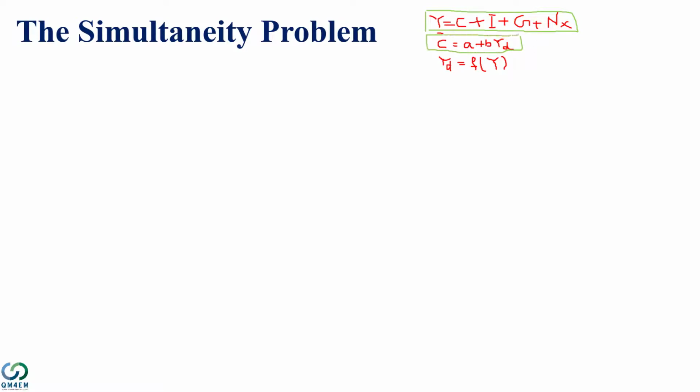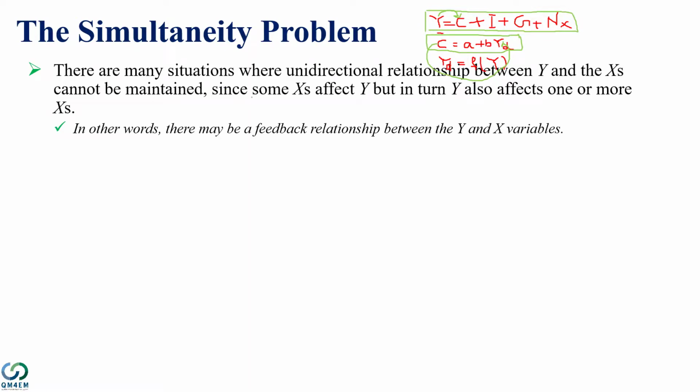However, in the real world we may have a situation where this relationship may be two-way, that y is dependent on c and then c in return is dependent on y. So it's a two-way movement. There are many situations where a unidirectional relationship between y and x cannot be maintained, since some x affect y, but in turn y also affects one or more x. In other words, there may be a feedback relation between the y and x variables, and as we can see here,